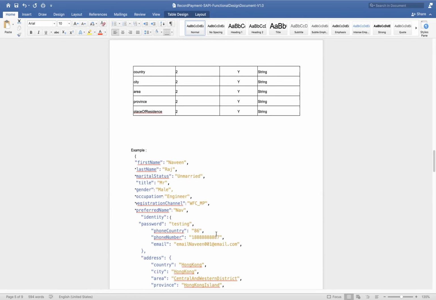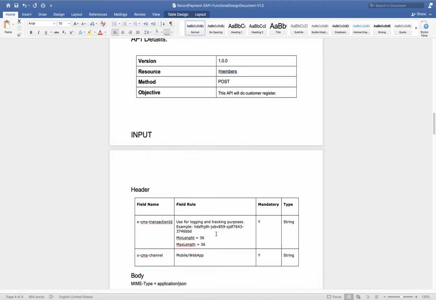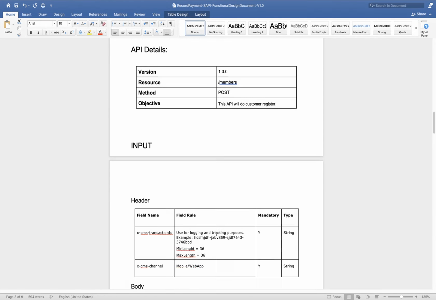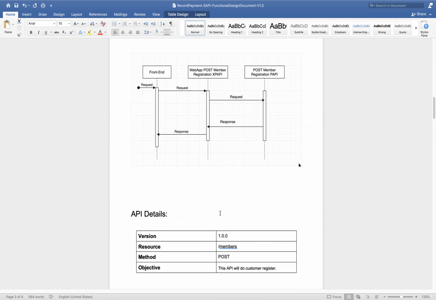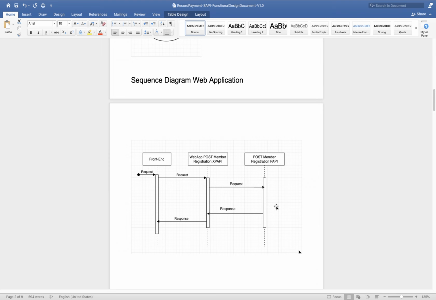In the same way we have a document for each API. Based on this we will do our RAML design, and based on these details and this sequence diagram we will do our development. You will get every detail, and before starting this project we will understand all the APIs. We will do requirement gathering and Jira setup. Once we do all those things, then we will go for development. In requirement gathering, project development life cycle understanding, and Jira setup, we will do all this discussion.